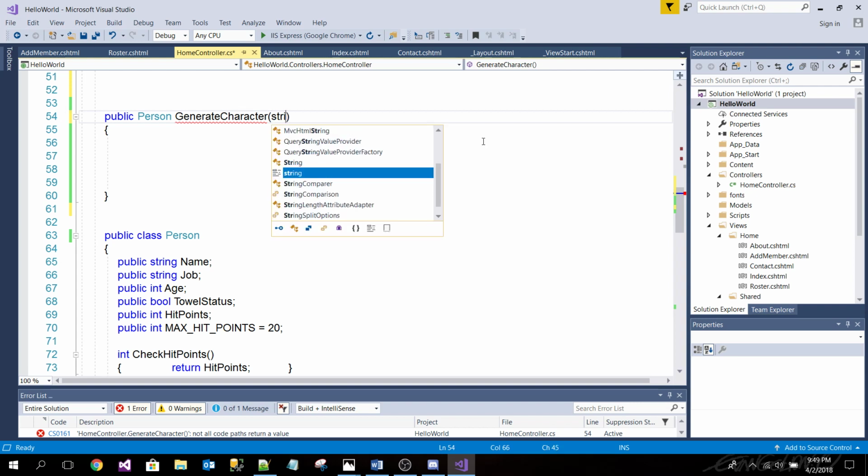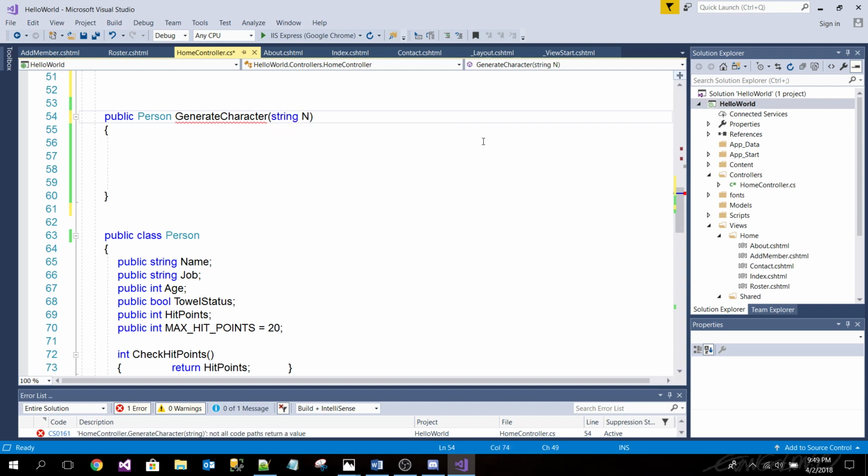Okay. Name. What else? String race. Well, yes, somewhat, but